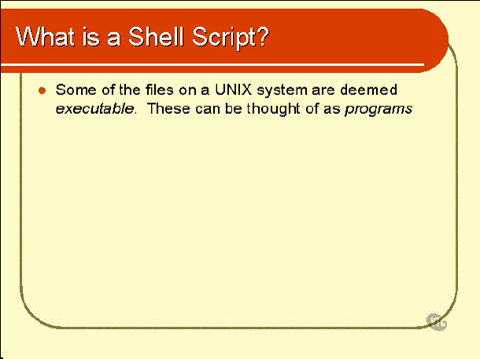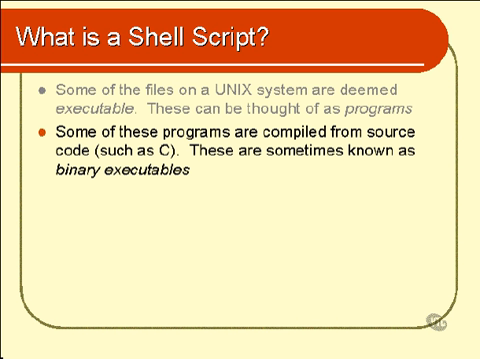All of these files can be thought of as programs. So we've got some of the files on a Unix system are programs. The rest of them, well, I guess they're data files. Files that are used by these programs. Now, of the programs,